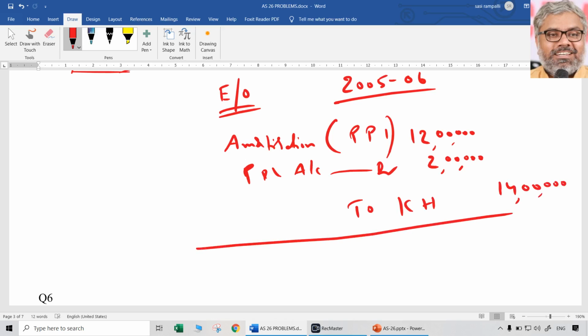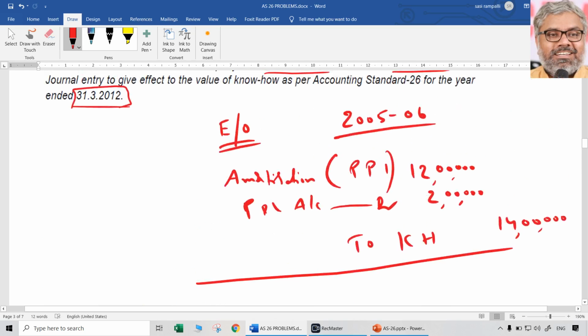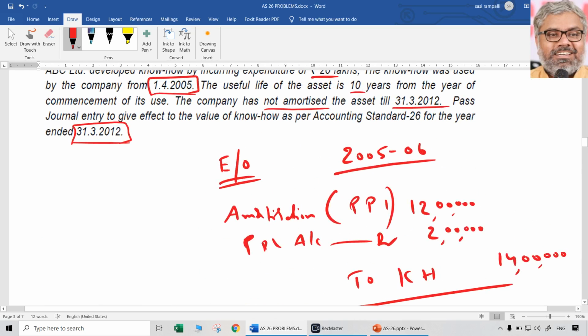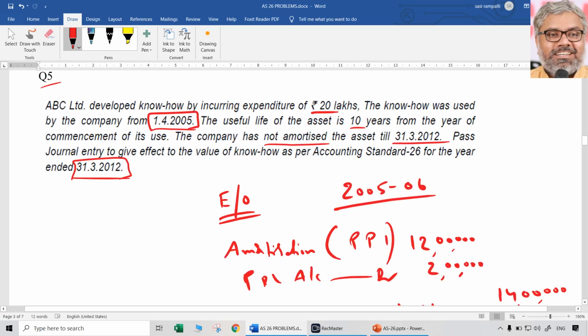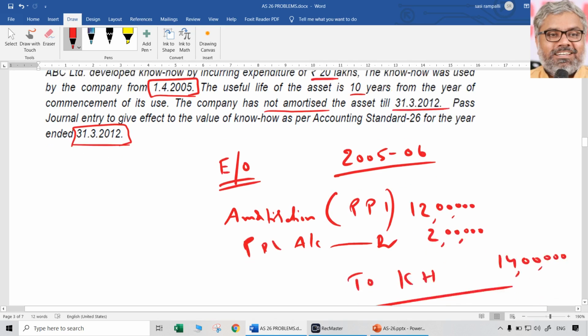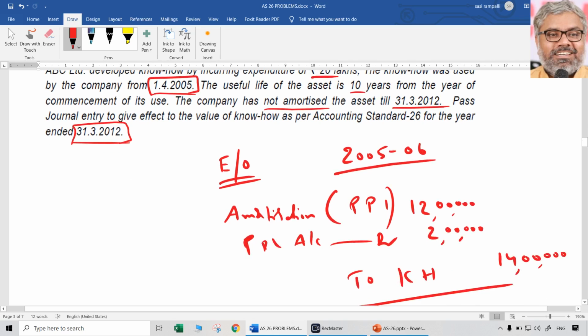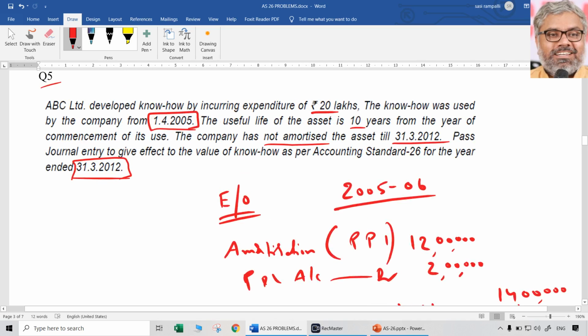So the book value or the carrying value of this intangible asset in the books going forward after 31st March 2012 will be only 6 lakhs. Naturally, because 7 years already passed by, 3 more years are yet to be amortized. So 6 years amortization they did not do, so we debit it as a prior period item. Current year's amortization we debit to P&L, and the intangible asset will be credited. That's all. That is the entry which can be passed.